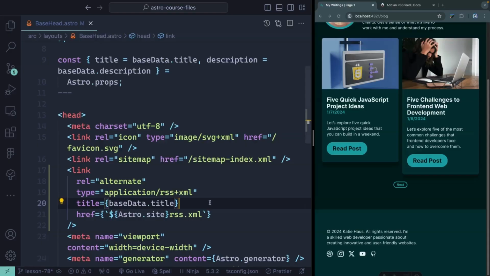But again, beyond the scope of what we're trying to do, I just want to show you one more use case for why you'd want to have some kind of dynamic endpoint that's a static file, in this case, XML. We set up now 2 different dynamic endpoints. One was just a JSON file that queried all of our content collections on build, and then built a static JSON file. In this lesson, we set up an XML file, so it's an RSS feed,